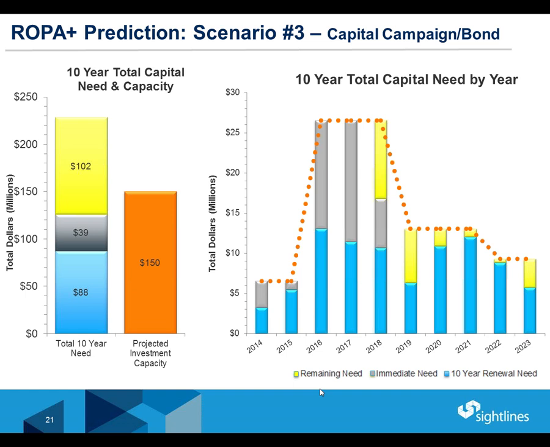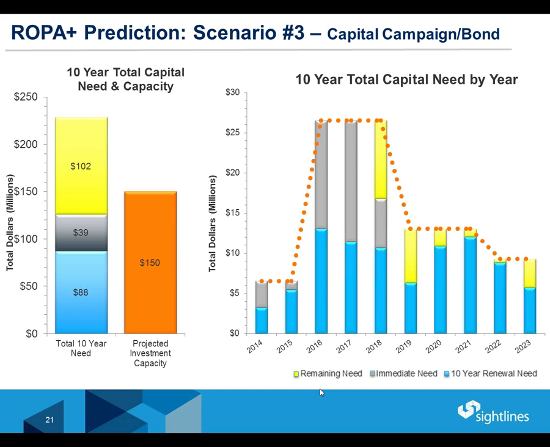So the bars represent items that are coming due or items that they should do in the time frame that we're looking at. Those are basically needs that are coming due where they'll have to make an investment. So it's a case where there's an infusion of capital and you're saying, okay, knowing that I'm going to get an infusion of capital in 16, 17, and 18, what's my project mix, versus in 14 and 15 where I've got about $7 or $8 million to work with, and then in 19 through 21 where I've got about 13 million to work with.